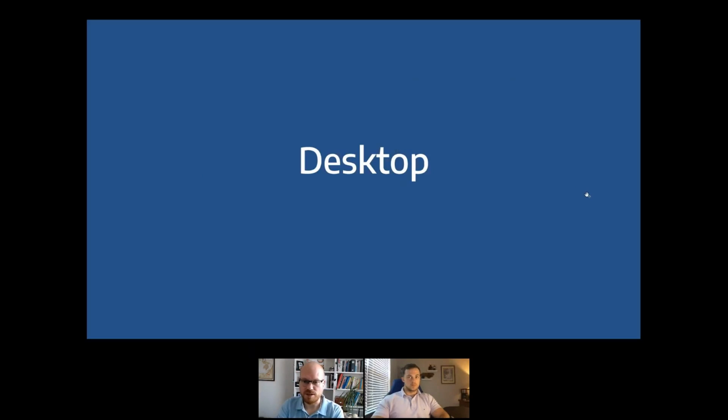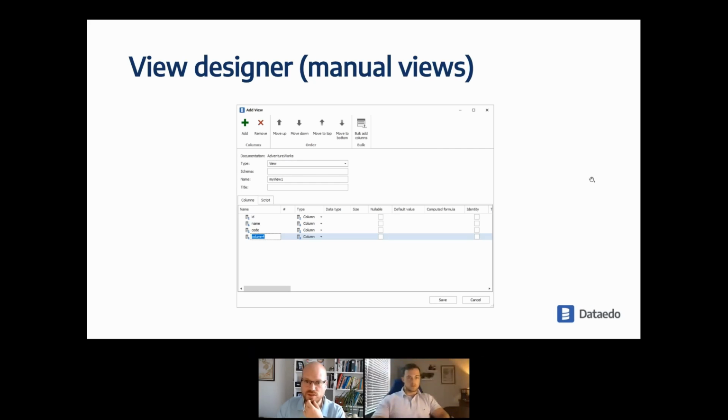Desktop is far from being abandoned. We are extending the web. However, desktop will stay with us quite long. We are adding new functionalities, new capabilities, and also fixing some user experience issues and blockers to make your work more productive. So first thing, we have created